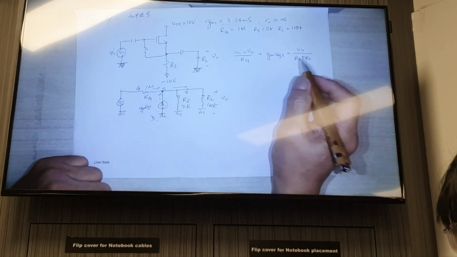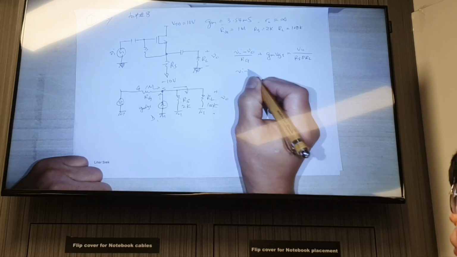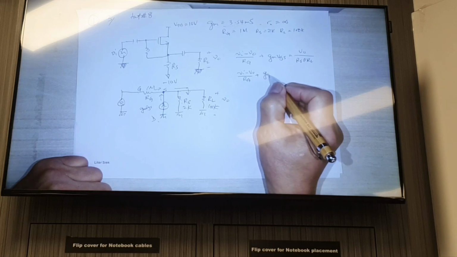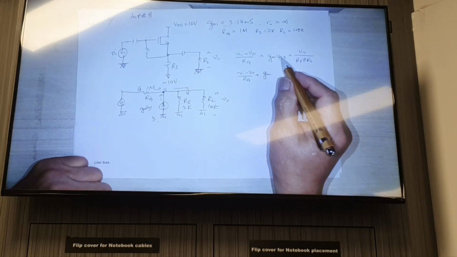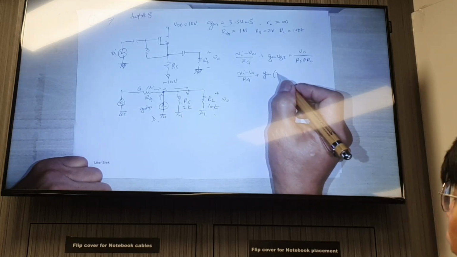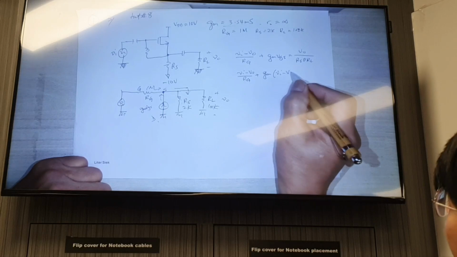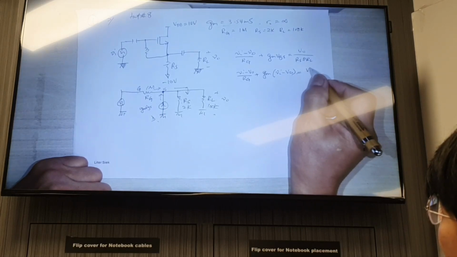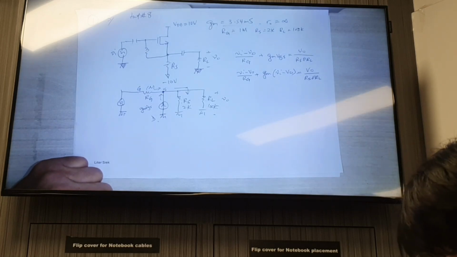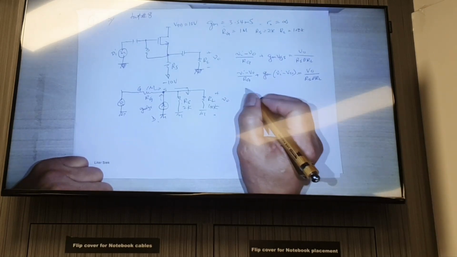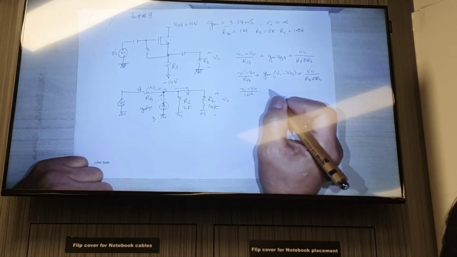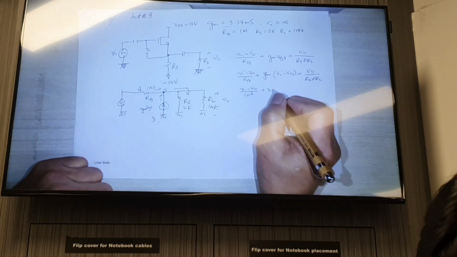Therefore we can also write this as gm VGS, which is the voltage at the gate minus the voltage at the source. But the voltage at the gate happens to be Vi, the voltage at the source happens to be Vout, and therefore everything is now in Vout and Vi. Now we can substitute the values: Vi minus Vout divided by 1 meg, plus 3.54